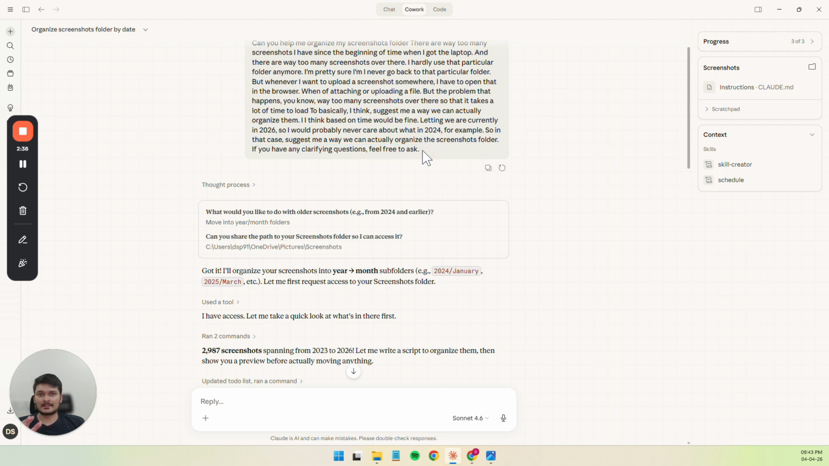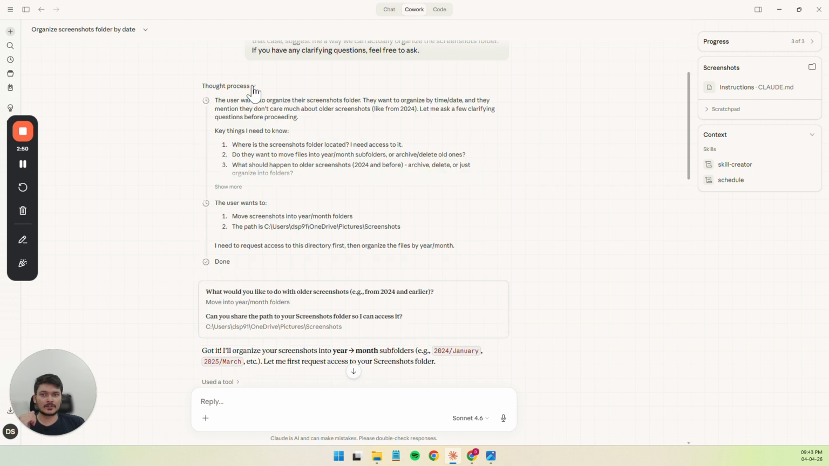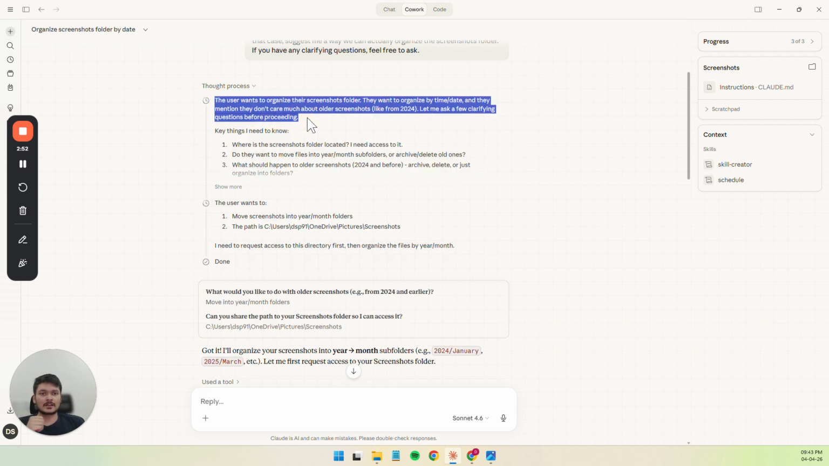I usually add this in all of my prompts: if you have any clarifying questions, feel free to ask. This basically tells Claude that if you are ever in a position where you have to assume certain things, don't do that, just ask me. So there you go. And if I open the thought process, it first tried to understand what is